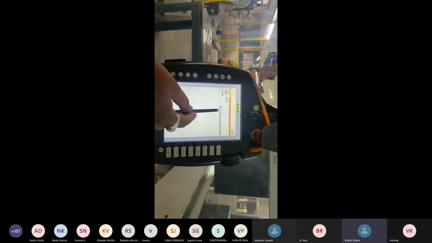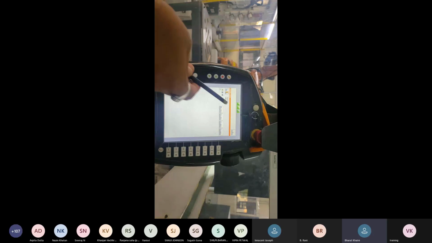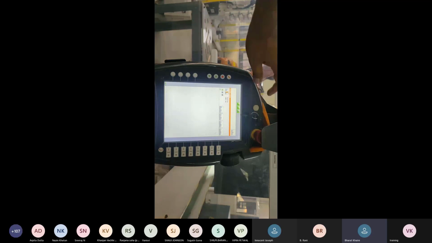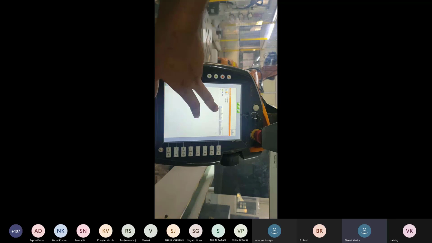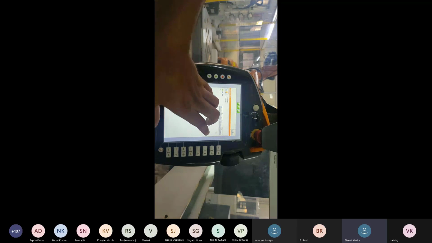By rotating the key, the screen has changed. Okay, now you are looking at only four modes. These are T1, T2, auto, and external. Four keys are given. This is a lock. Okay, so by rotating this key, we are watching four types of program operating methods here. These four methods are used to run a program.